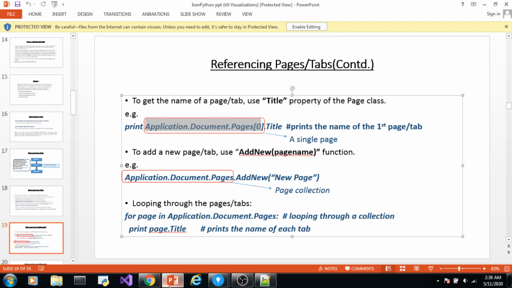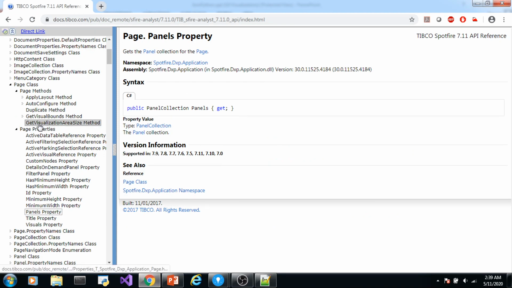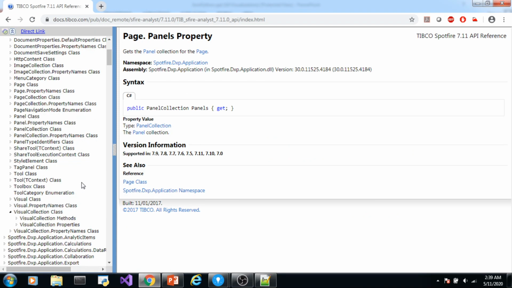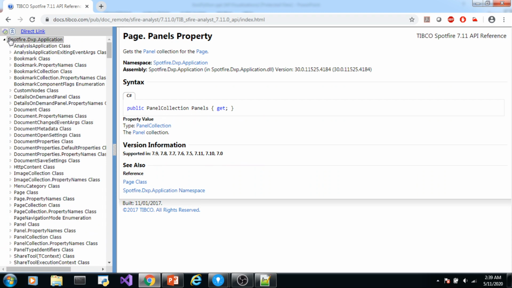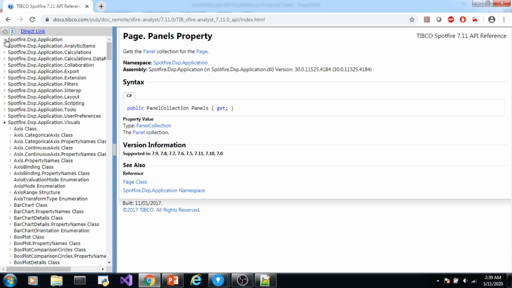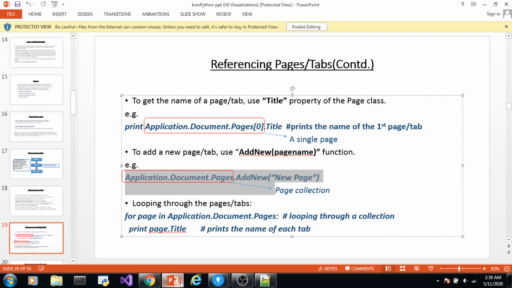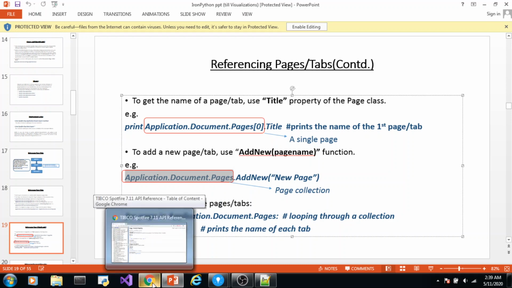Now with the page collection class there is one important method. How do we get a page collection? application.document.pages. It returns this one. This statement returns a collection of pages, which is of type page collection.